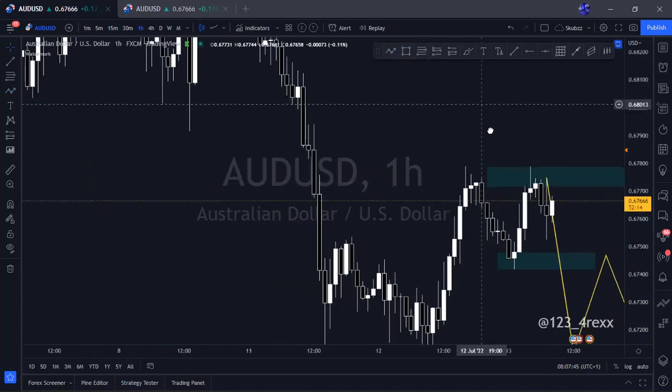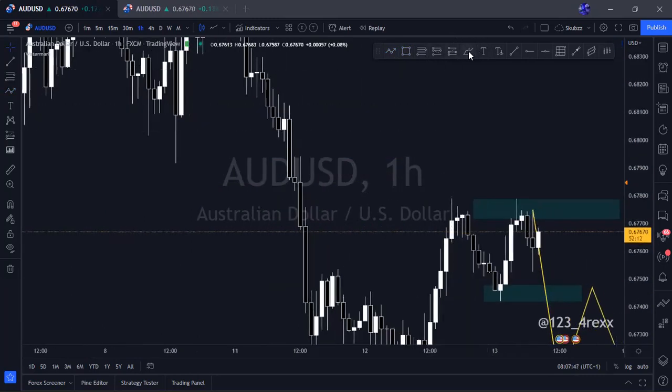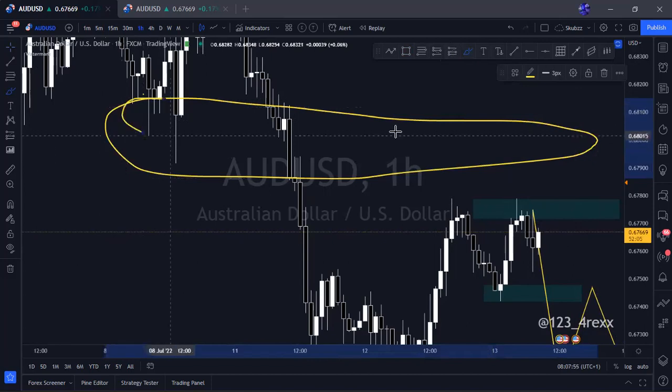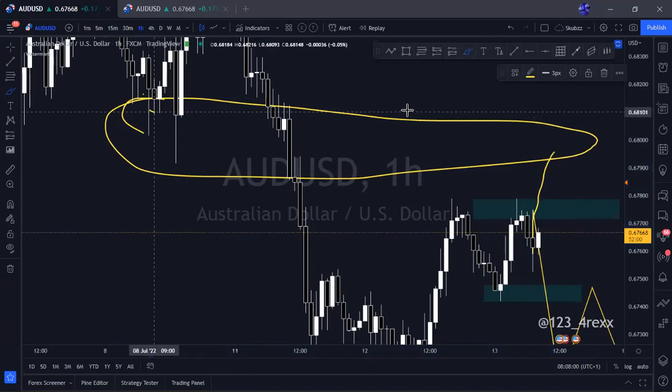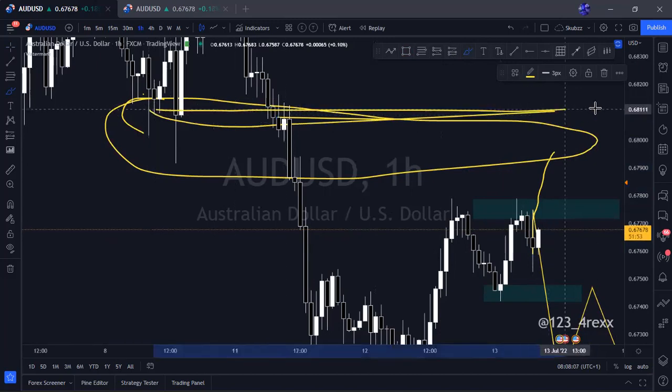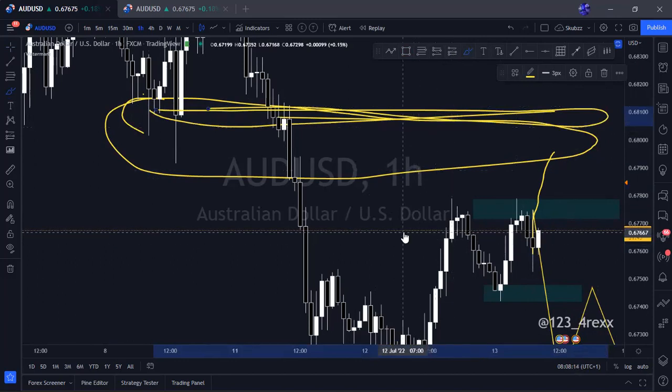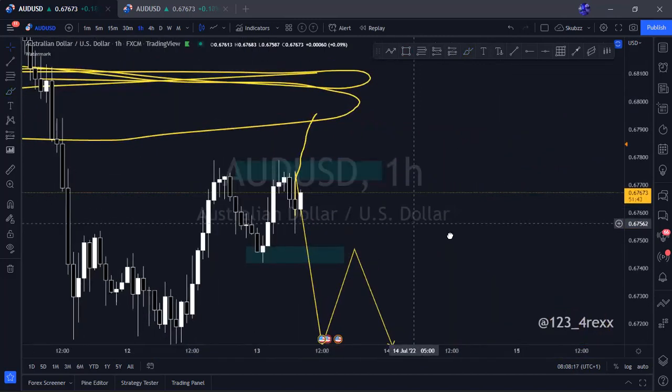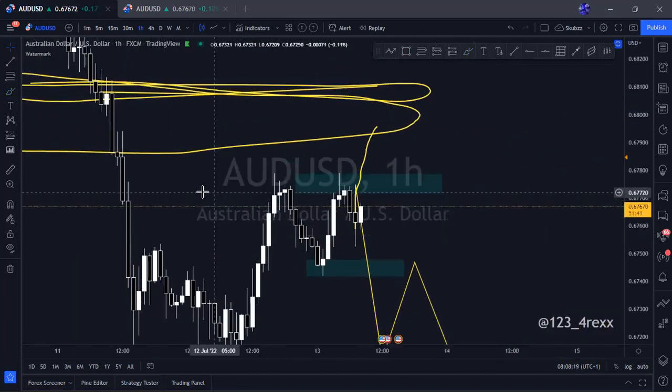But then if I have a break of structure to the upside, I will still want to pay attention to these 4-hour levels here. This whole structure, this whole neckline on the 4-hour here. So if I'm taking a buy, I would like to stay clear of these levels. Any TP I'm taking will be before these levels at the top here. Do you guys understand? Are you guys with me? Yeah, we're with you.